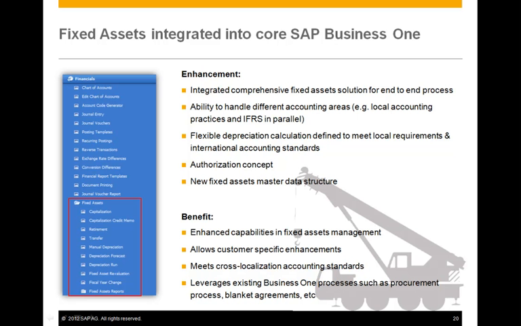Fixed Assets has now been fully integrated into the core of Business One Release 9.0. This means the capabilities have been enhanced to meet demanding local and international requirements. The new version is able to handle different accounting areas and meets reporting requirements for internal purposes, tax accounting and international reporting standards. The whole functionality is embedded into Core, providing an end-to-end process for managing fixed assets or supporting